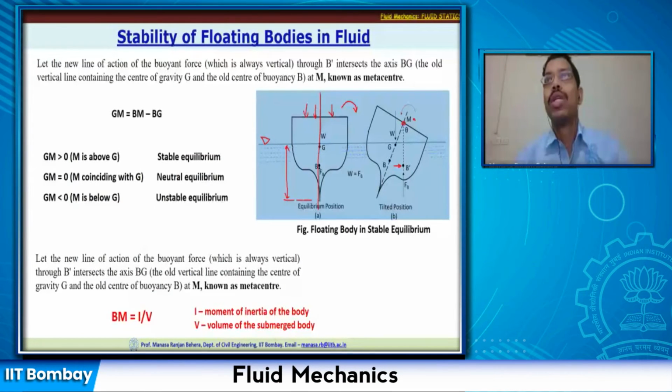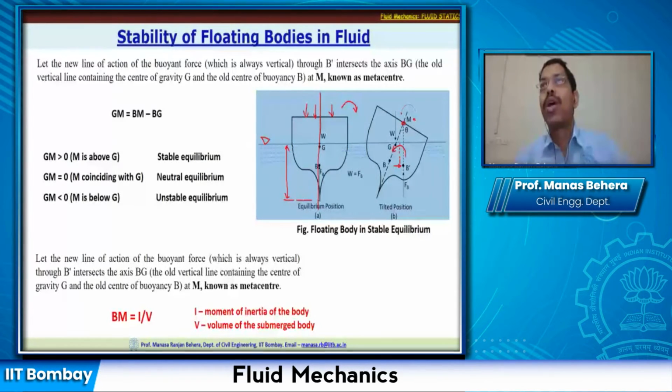So now we need to understand what is happening. This force is acting this way and W is acting this way. If I take the midpoint somewhere here, they both will generate one anticlockwise moment. It should not so happen that the B dash comes to a position where this restoring moment will not be anticlockwise, it might be clockwise. Then the body is going to be completely unstable. That situation should not arise.